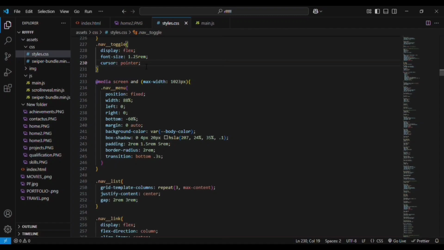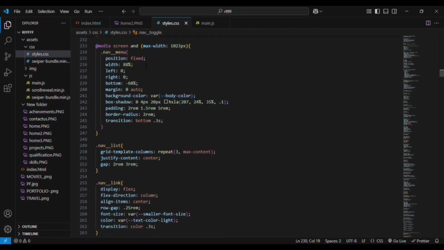Then we have the media screen, max width 1023 pixels. So for device screens below 1023 pixels, only these values will apply. That is nothing but responsive web design. This is a very important topic in web development. For the nav menu, we want it to be displayed in the mobile version, right? In the mobile version, you don't have a lot of space like in the desktop version. We only have a small piece. So what we are doing,